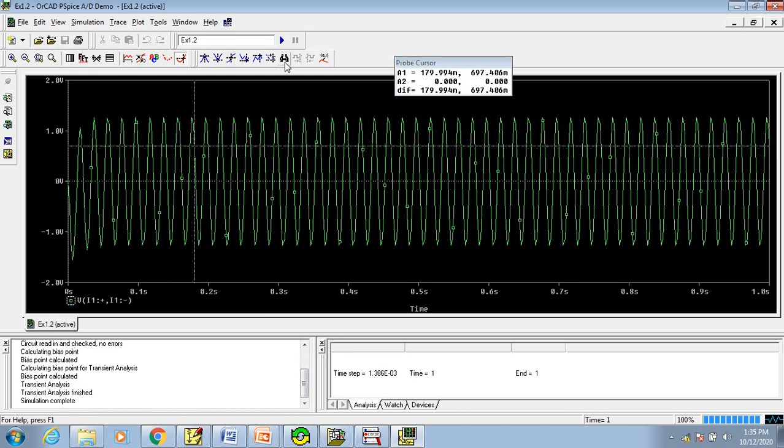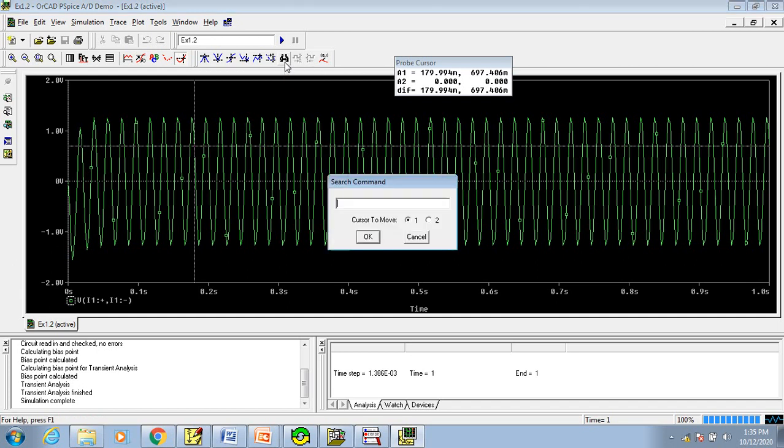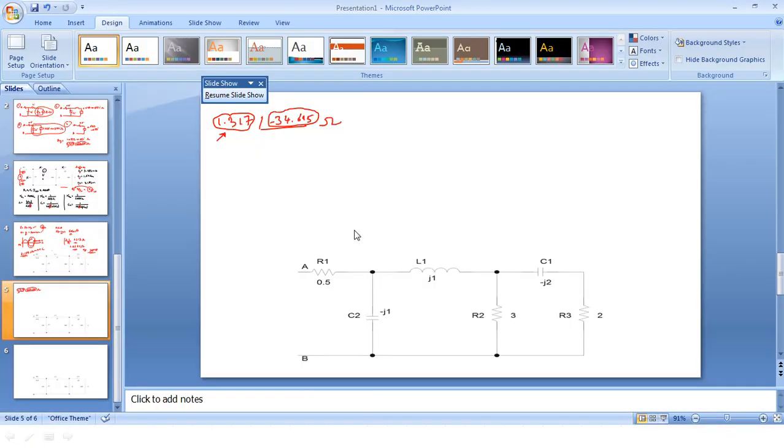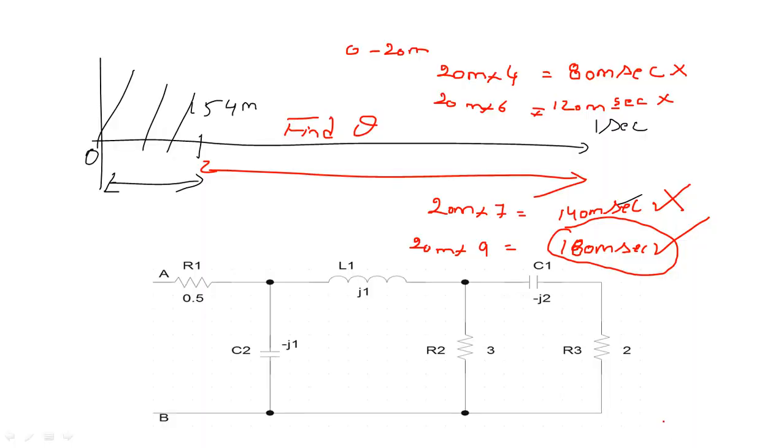So instead of that, you can click on cursor search and type the code search for X value, that is SFXV, and type 180M. I repeat, the code can be in either caps lock or small letters. And what is the code for the A1 cursor?